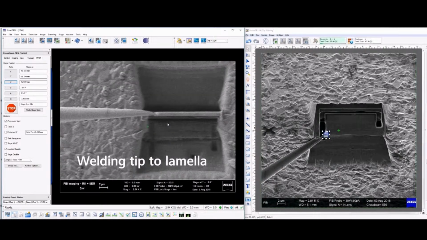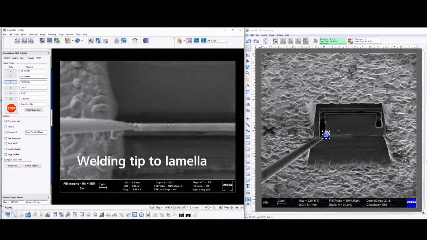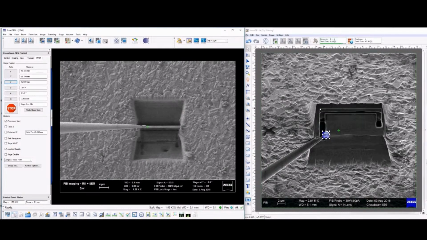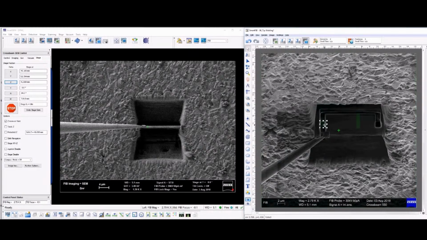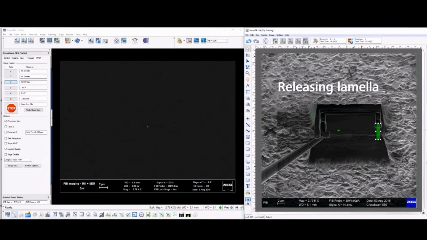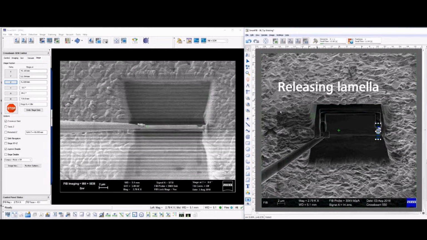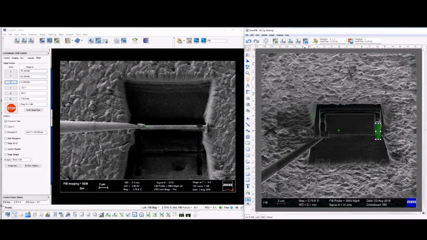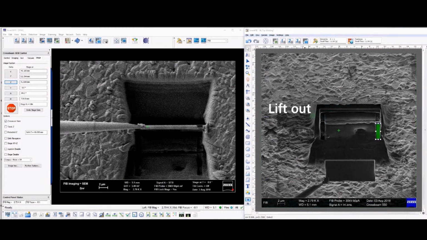So right now, it's welding it to the tip of the OmniProbe needle, and we can zoom in live and take a look at that, and we can see that it's depositing platinum on there. And once that's done, get that out of the way, put this over, and cut this free from the right-hand side there. It releases that from the bulk. I do that at a pretty good current, usually 700 picoamps or higher. Now it's lifting it out, up,